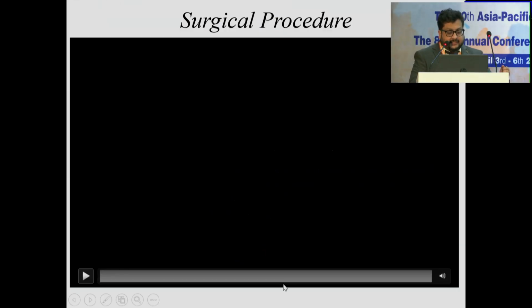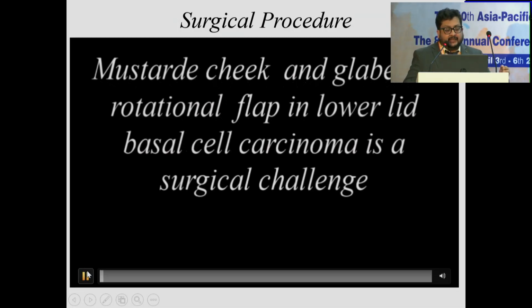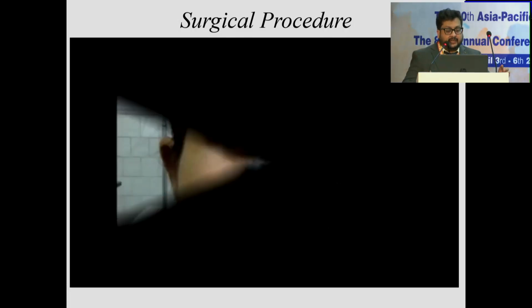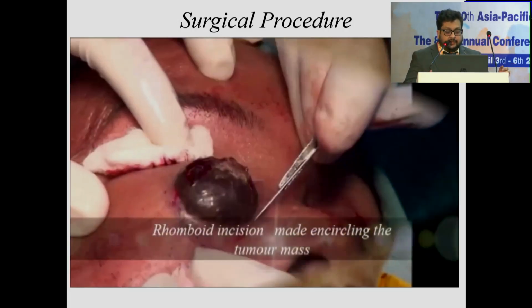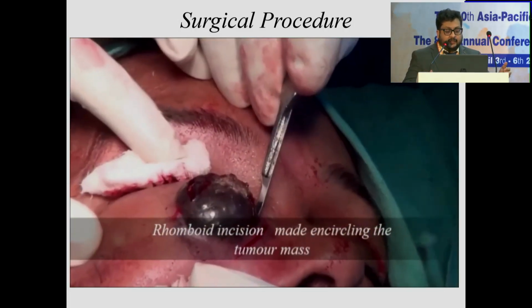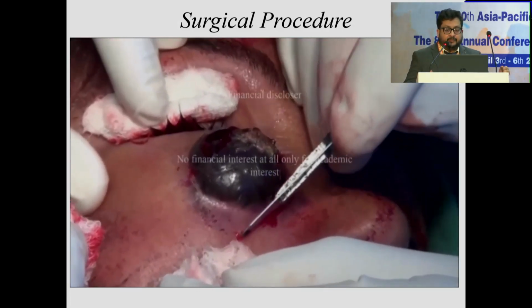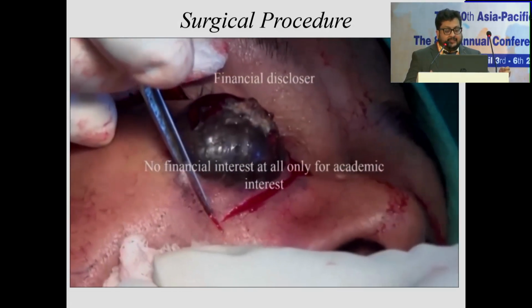So this is a surgical procedure of the old style. Here we will see a case of a lower eyelid defect, where more than 50% of the lower eyelid has to be incised because of the huge shape of the tumor. Medial masses are always difficult to manage. So here we will see that after excision of the tumor,